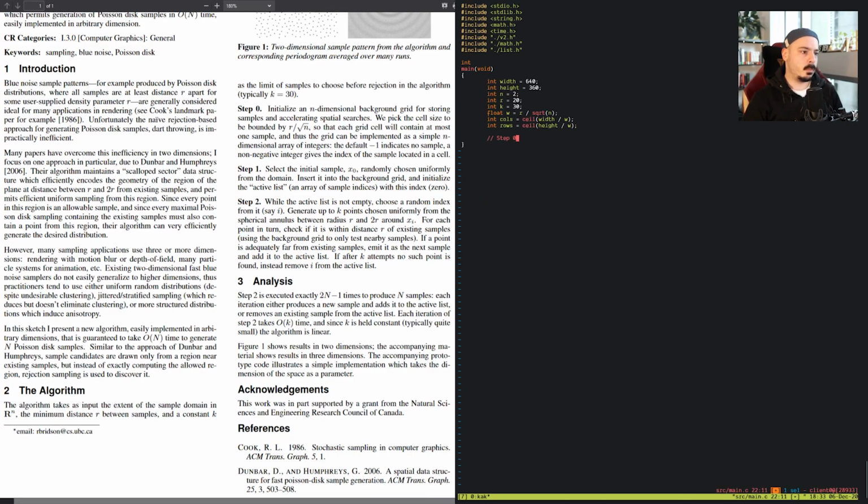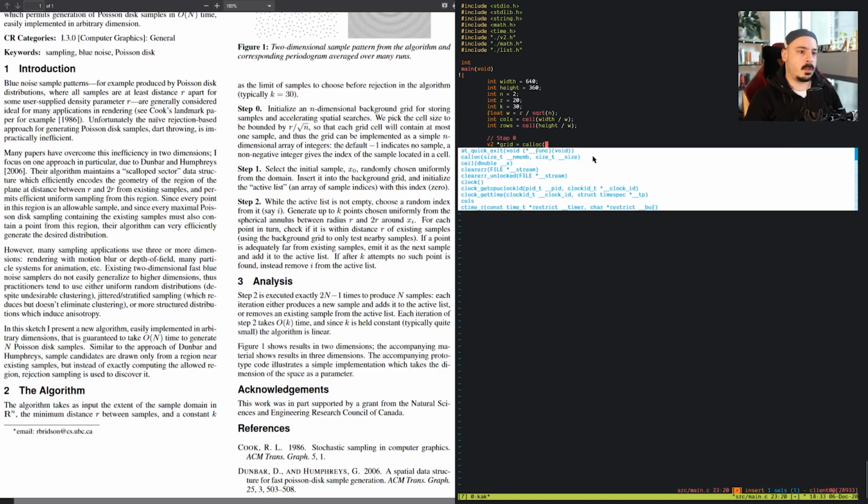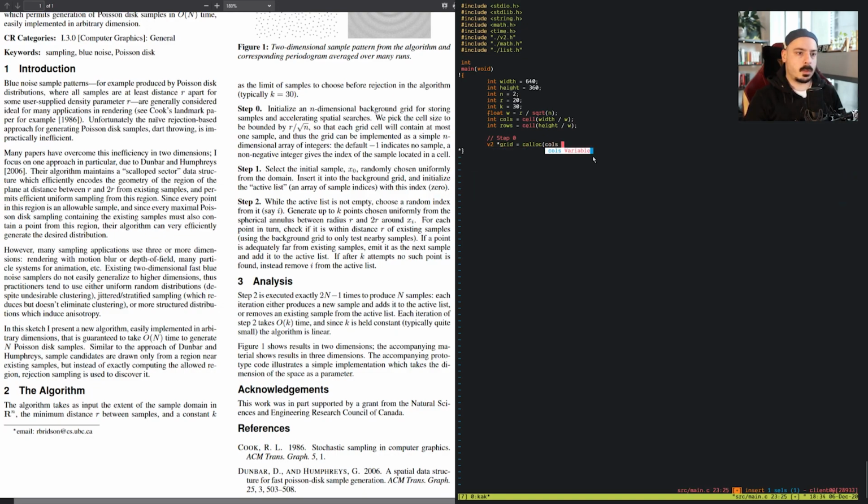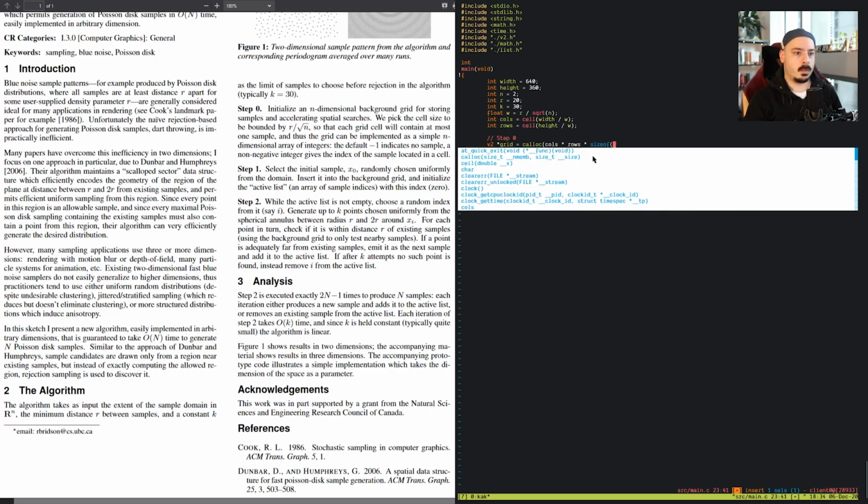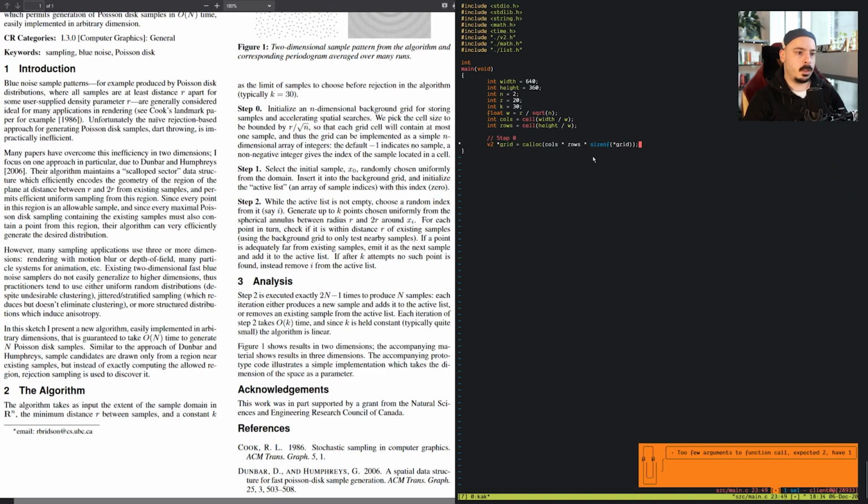So in step 0, we're supposed to initialize the grid. So now that we've got the amount of columns and the amount of rows, we can do that. So we're going to say the grid is a grid of vector 2s. And actually I'll use calloc so they're all zeroed. And we'll say that is cols times rows times size of grid. Okay, that's going to give us a grid with a whole bunch of vector 2s that are all 0, 0,